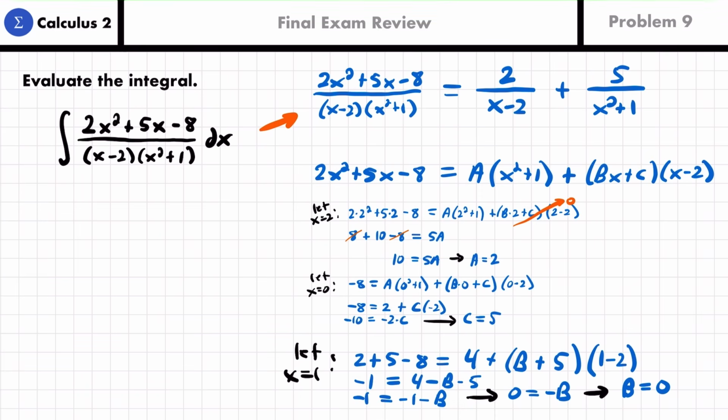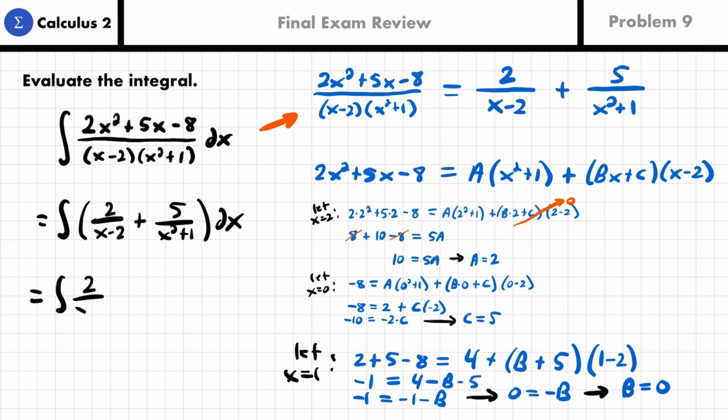So let's do that here. We can now finally go back to working on the integral, and this will be equal to the integral of 2 divided by x minus 2 plus 5 divided by x squared plus 1. And then don't forget about dx. And then what we want to do is split up that integral into 2 integrals. I suppose if you're really good at integrating, you don't need to do that, but I like to do it so that I can focus on each fraction individually. So I'm going to split it up. We'll have the integral of 2 divided by x minus 2 dx plus the integral of 5 divided by x